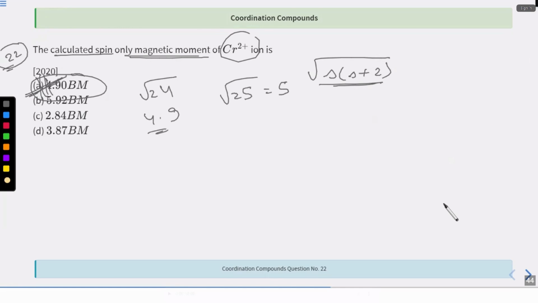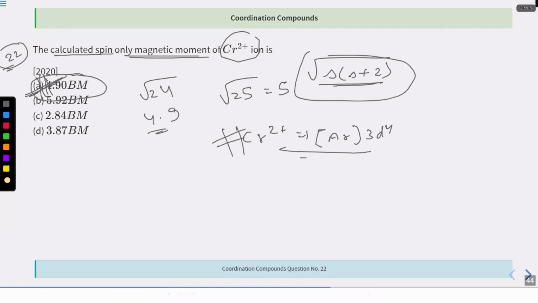Cool. So again, this was an easy one. Just remember the electronic configuration of chromium 2 plus. It is given by argon 3d4. Argon is again the nearest noble gas which comes before chromium. Cool. So simple question. If you know this formula and the electronic configuration of chromium, then you can easily do this one. Okay. So moving ahead,